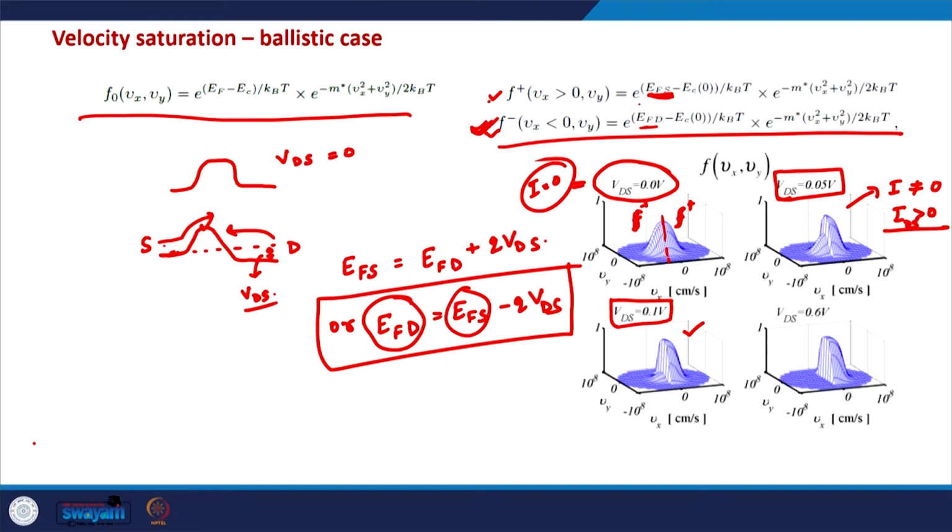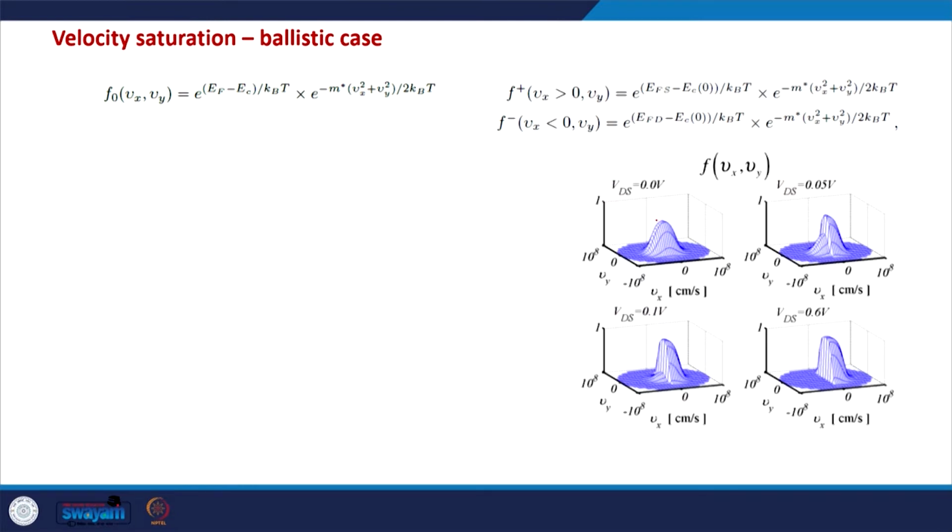However, I would like you to think and look more closely into these pictures, because one thing that is happening with increasing VDS is that this negative half is getting diminished, it is getting reduced in size. At the same time, positive half is there, it is intact. In fact, it is increasing slightly, as you would see if you look closely here,